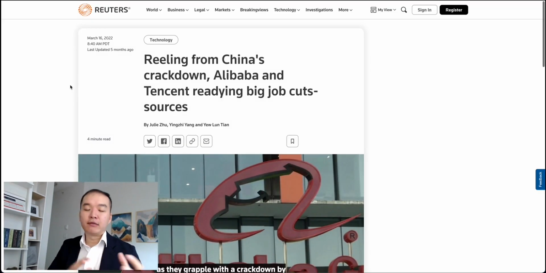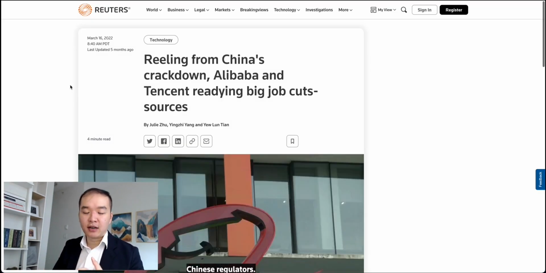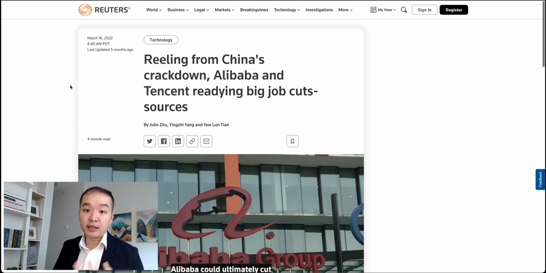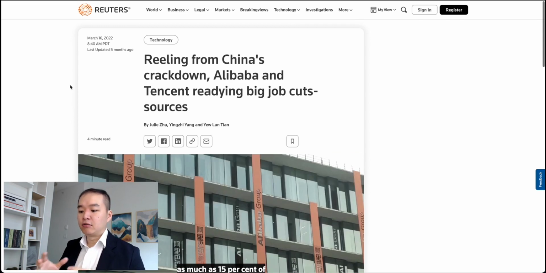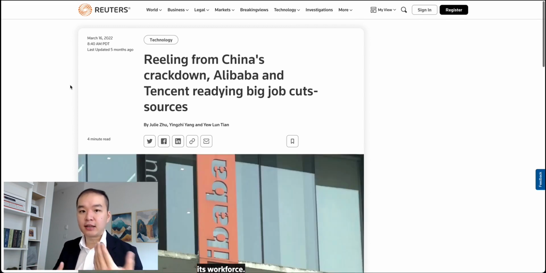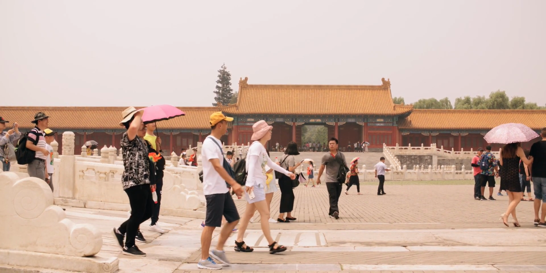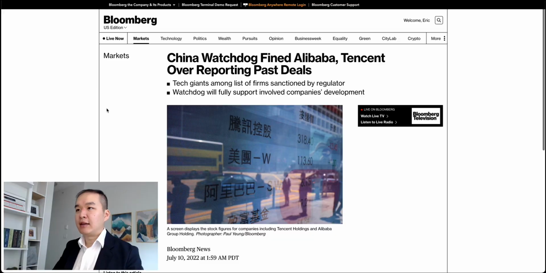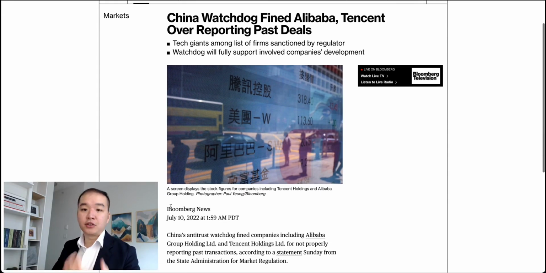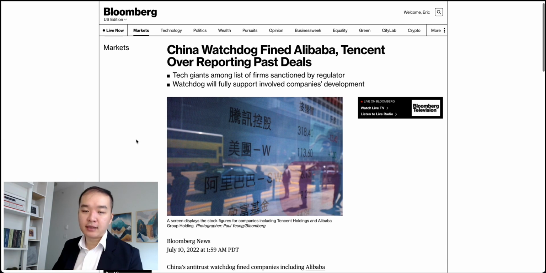Next article. Now, this led to job cuts, obviously, because if you're slowing down in growth and slowing down in acquisitions, then obviously you would slow down hiring as well. So right now, the tech scene in China is not as hot as a result of all this regulation. And obviously, everyone is waiting for China to reopen so they can enjoy the economic prosperity again. Now, then we skip ahead to the more recent articles, July 10th, 2022, more fines as well. Even though it has been over a year since the Ant IPO got halted, there are still more fines.